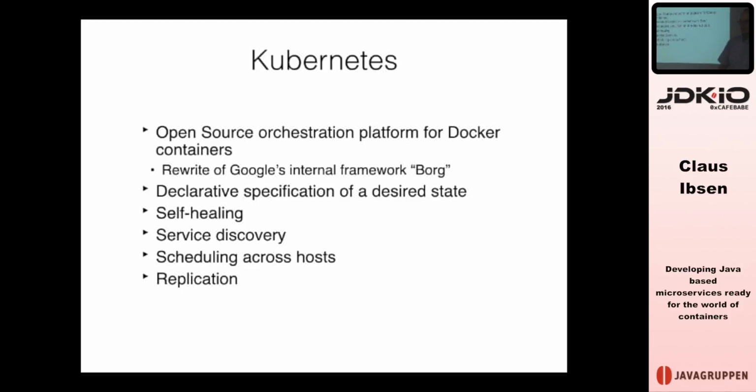And they wanted to do a new version of Borg, and they were actually allowed to do that in the open source. So they pushed that out on GitHub, as Kubernetes, a couple of years ago, and that product, just like Docker, has taken off like no other. It's a very popular product as well. And other companies besides Google are contributing and working on that. For example, Red Hat, CoreOS, and HP and IBM, and also individuals. So it's a true community product.